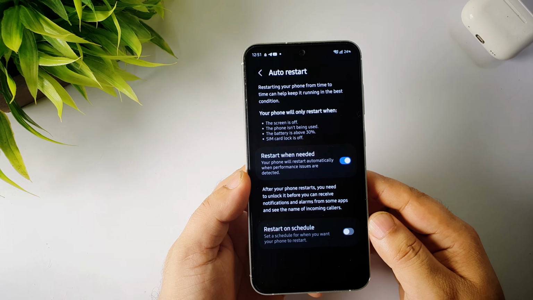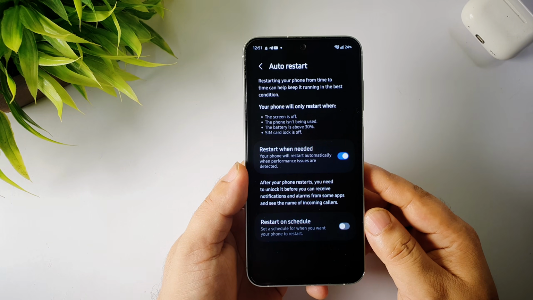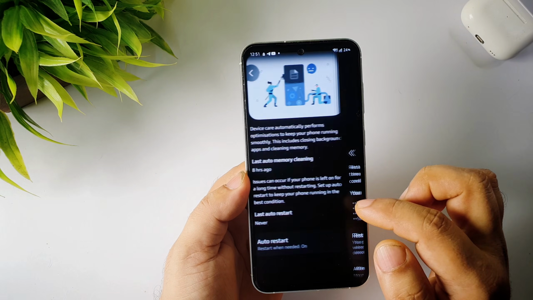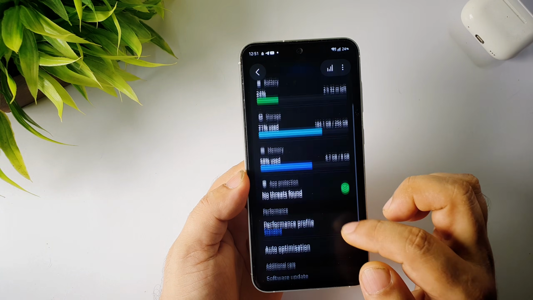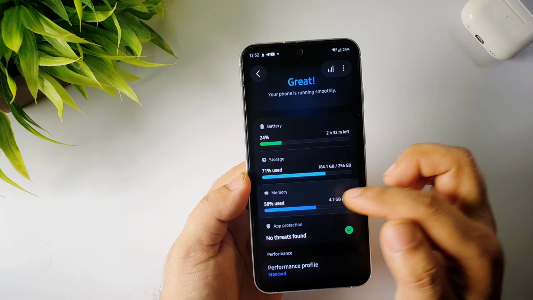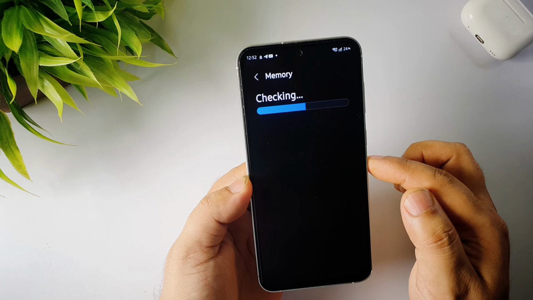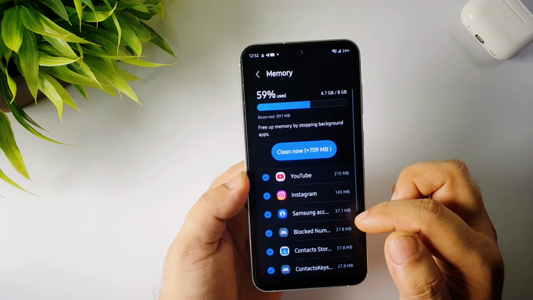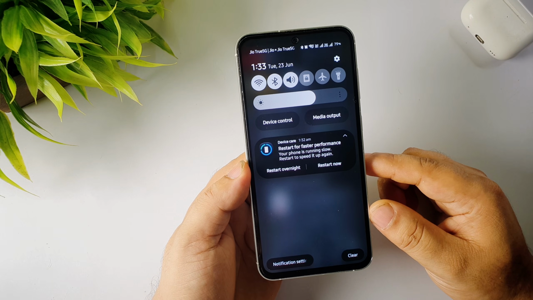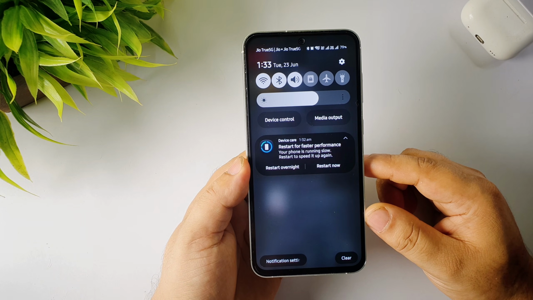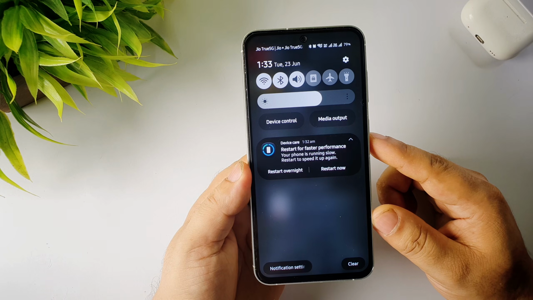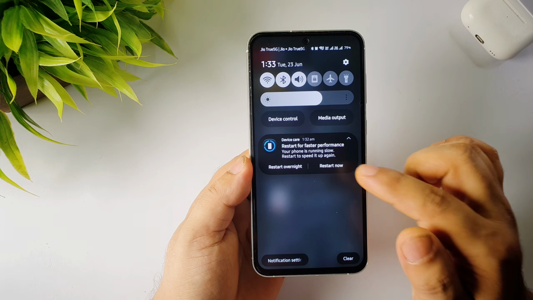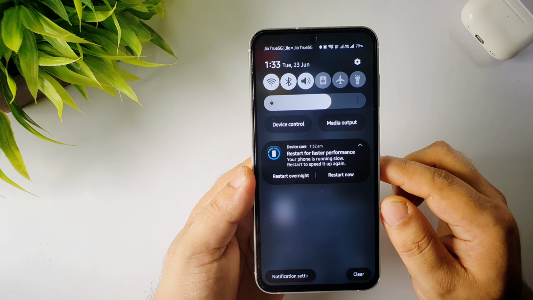Now let me tell you why this simple feature is very useful. When we keep using our phones every day, lots of apps continue running in the background, temporary files build up, and system services keep working for days without a fresh restart. And after some time, that can sometimes make the phone feel slower than before. A simple restart refreshes all those background processes and gives One UI a fresh start again. That's why whenever someone says my phone feels slow, one of the first things people recommend is restarting the phone,